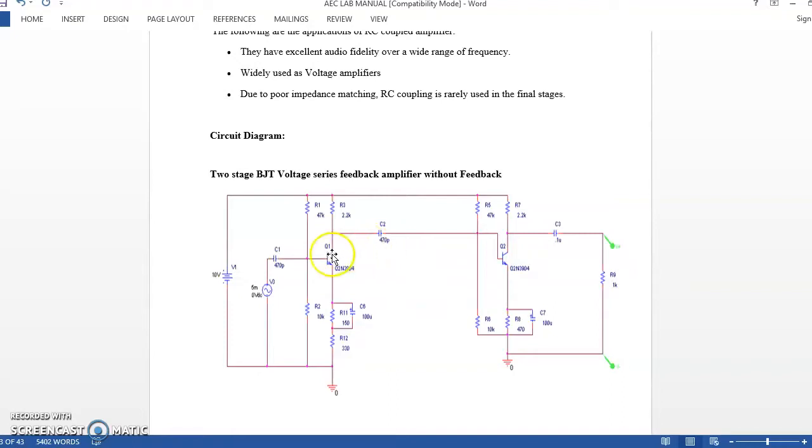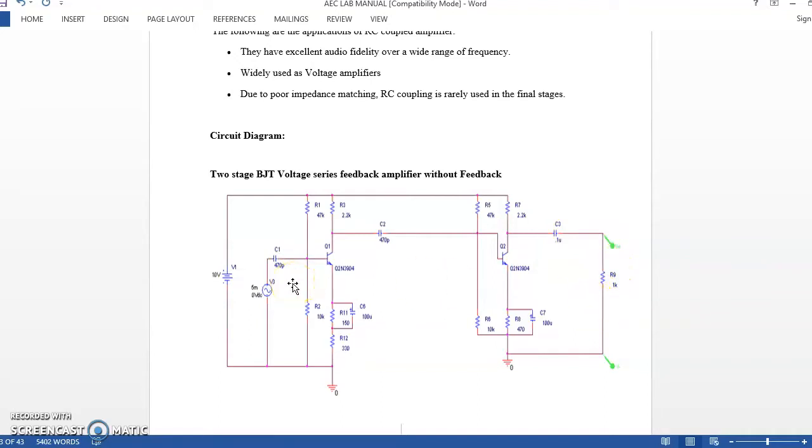The input is applied through coupling capacitor C1 to the base terminal of the first stage, and the capacitor C2 couples the output of the first stage and gives it to the input of the second stage. And we have coupling capacitor C3, which couples the output to the load resistor.